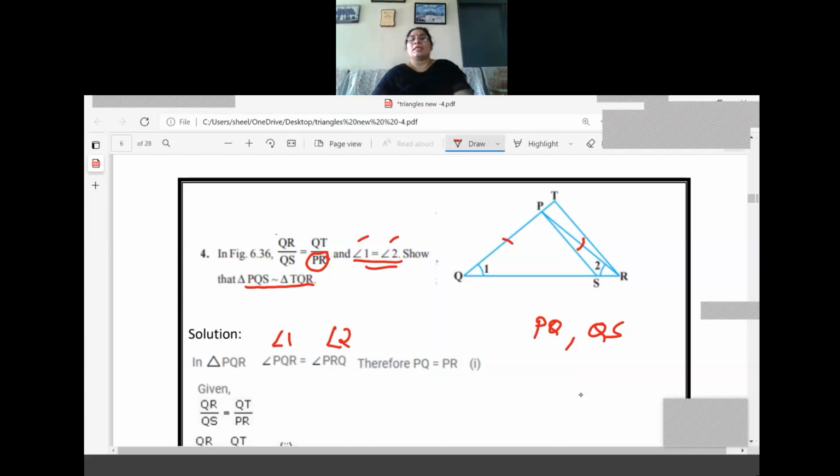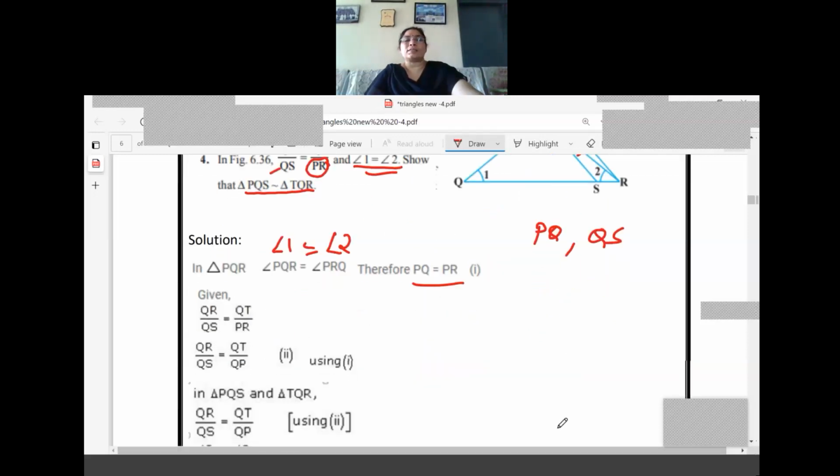Once again, it is given that 1 and 2 only. So angle 1, when we are taking the included angle, means for which side it is coming? PQ as well as QS, right? But QS is coming in the given part, but no PQ is coming. So for getting PQ, what should we go for? Angle 1 and 2 are equal, that criteria is given, that property should be used. Angle 1 equal to angle 2 means we got PR and PQ are equal, right?